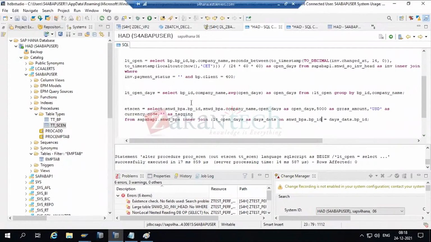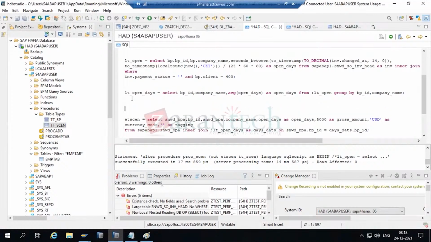Let's do the currency conversion from here. Right. So I'll take LT underscore total underscore amount. Okay. And I'll write a sales query similar to the BP select